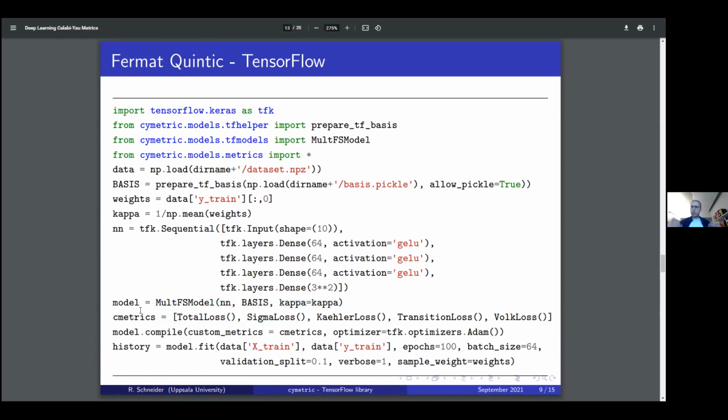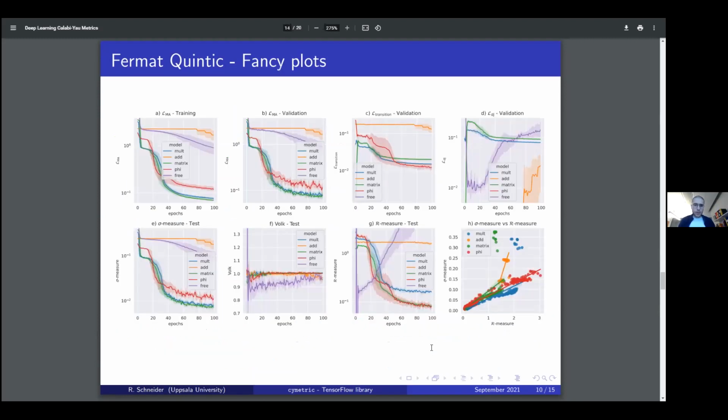And in the next step, we want to train the whole model. So we define some custom metrics which TensorFlow keeps track of during the training, so we can make some nice plots afterwards. Compile the model with an Adam optimizer, which is going to do the training for us, and finally train. And then it's done. Now you wait a little bit, like 100 epochs, which on a modern laptop is probably going to take you 2 hours, and you get a metric from the Calabi-Yau. And I hope, in these plots, I can convince you that we indeed find a good metric.